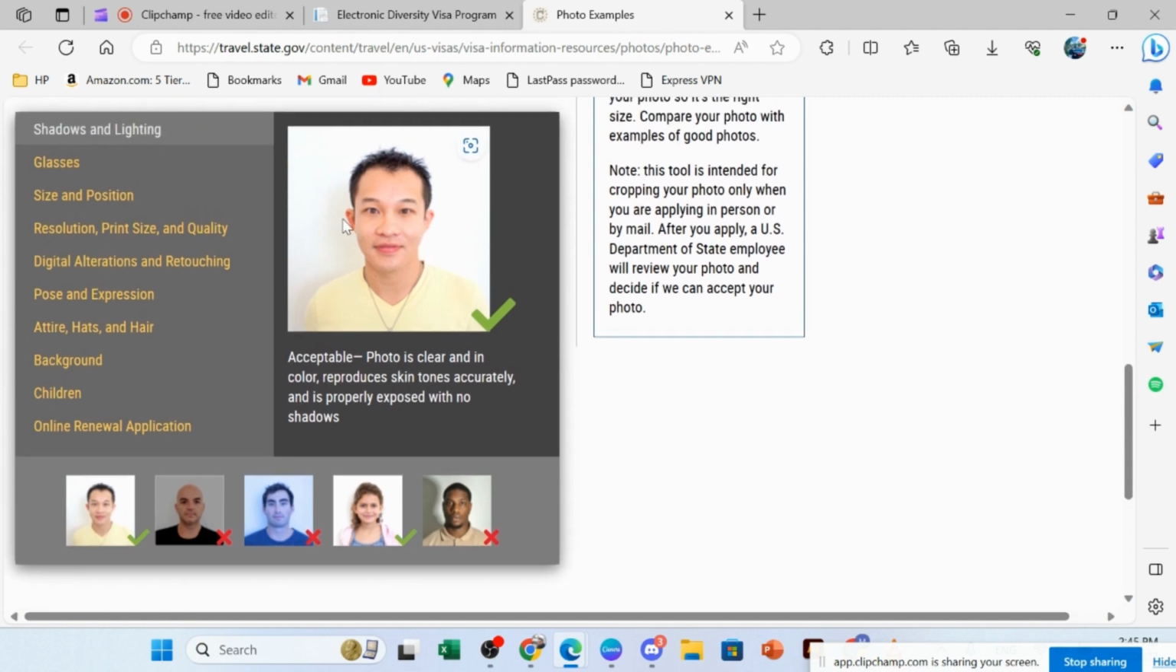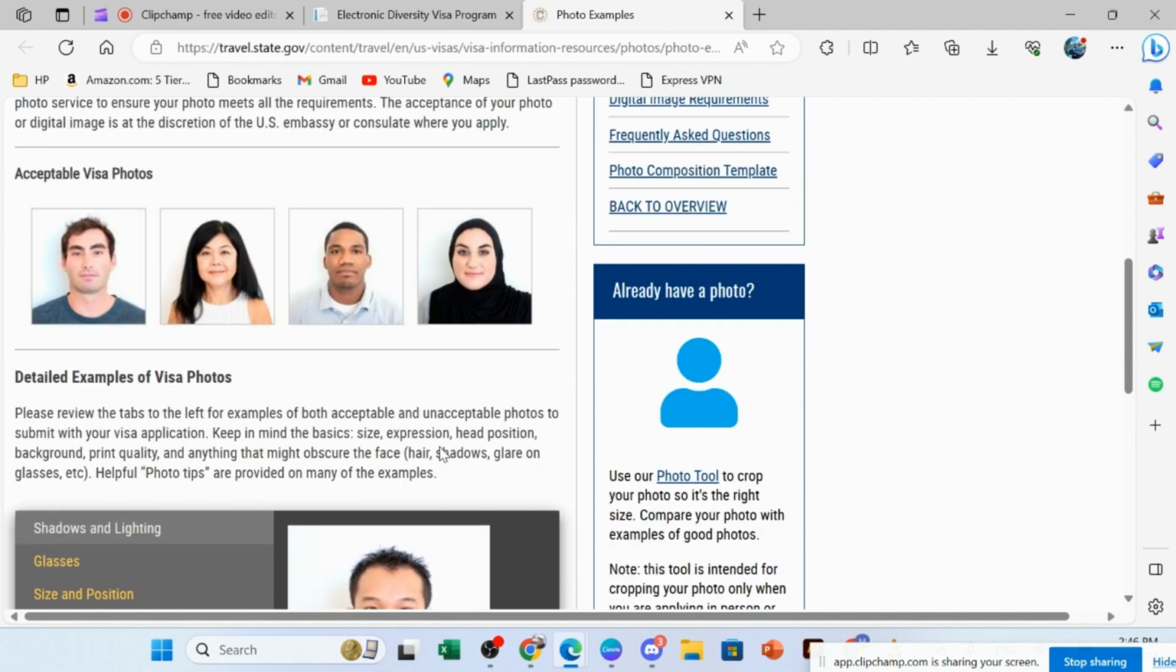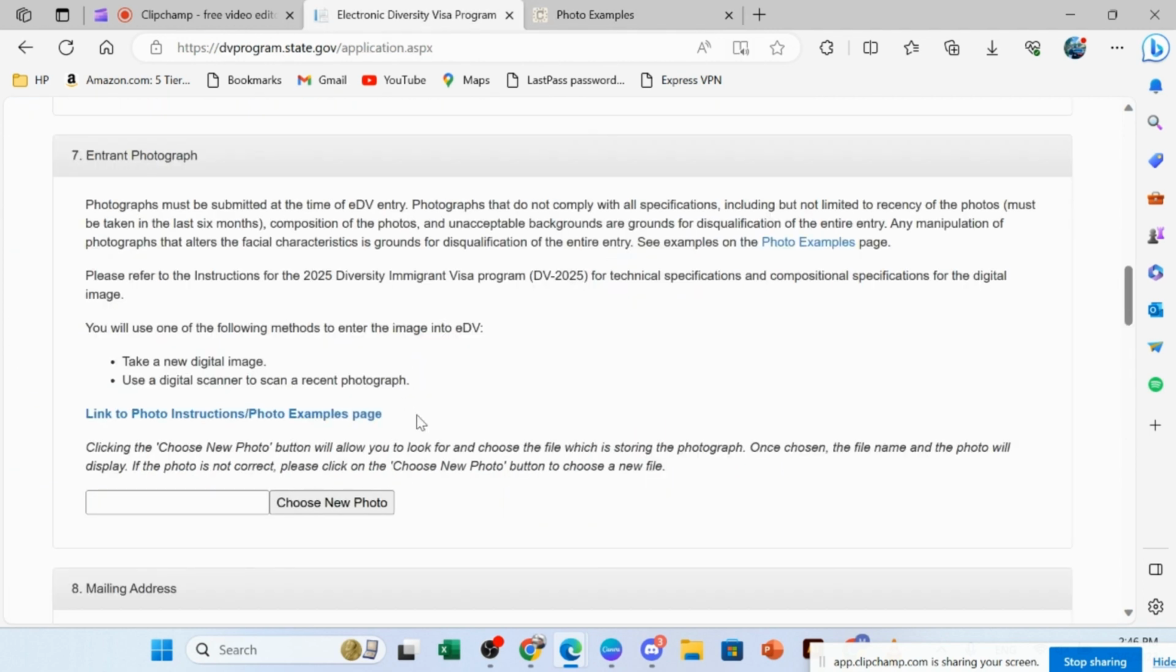Try to make sure everything is clear. It's not blurry like this photo or this one. And make sure there is no shadow of yourself behind you, as in this example. Okay, so you are going to choose "new photo" here to upload a photo, and then